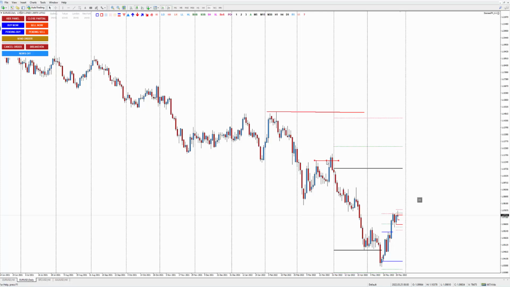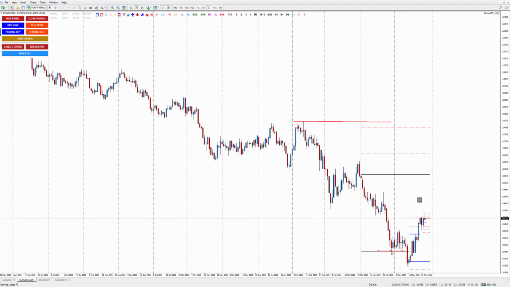For example, if I do not feel sure, the market is not really clear in the market structure, whether it is the time for a reversal, not just based on the CHoCH, or a reversal pattern like this. Take a look. This is a CHoCH, this is a reversal, this is a break below, break above. People call it CHoCH, change of character. It is a reversal, but sometimes it can also be wrong. Maybe it is still a retracement, not a complete reversal. Let me show it to you.